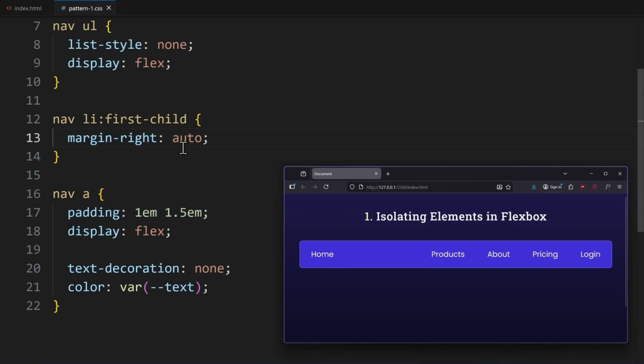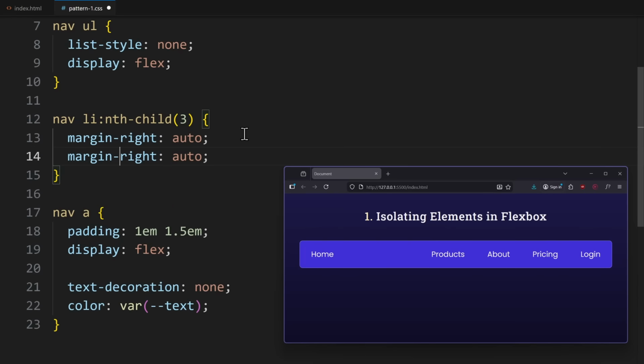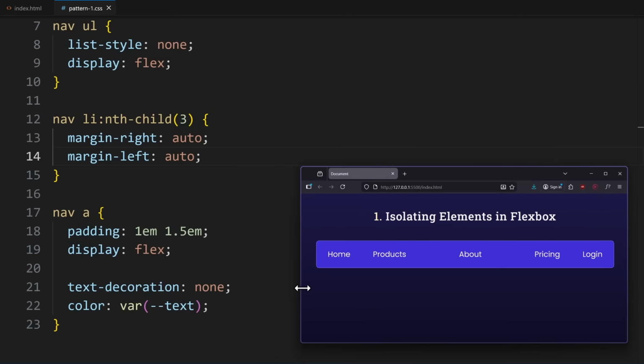Another cool thing auto margins can do is self-balance and create some unique layouts. For example, if you pick the third list item and give it margin-right: auto but also margin-left: auto, then that one is centered while the other ones get pushed to the sides. So remember, whenever you need a unique layout like this, that would not be possible with Flexbox alone, consider using